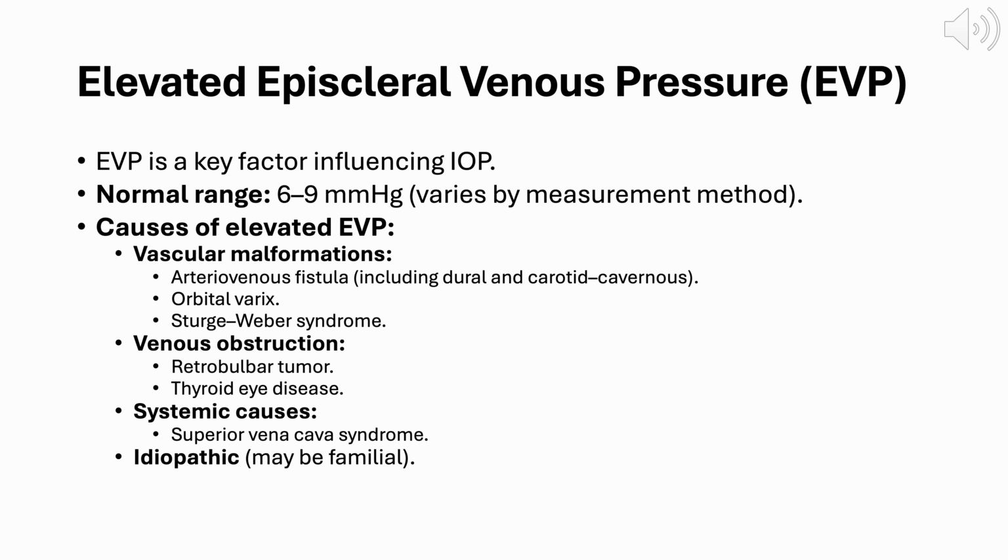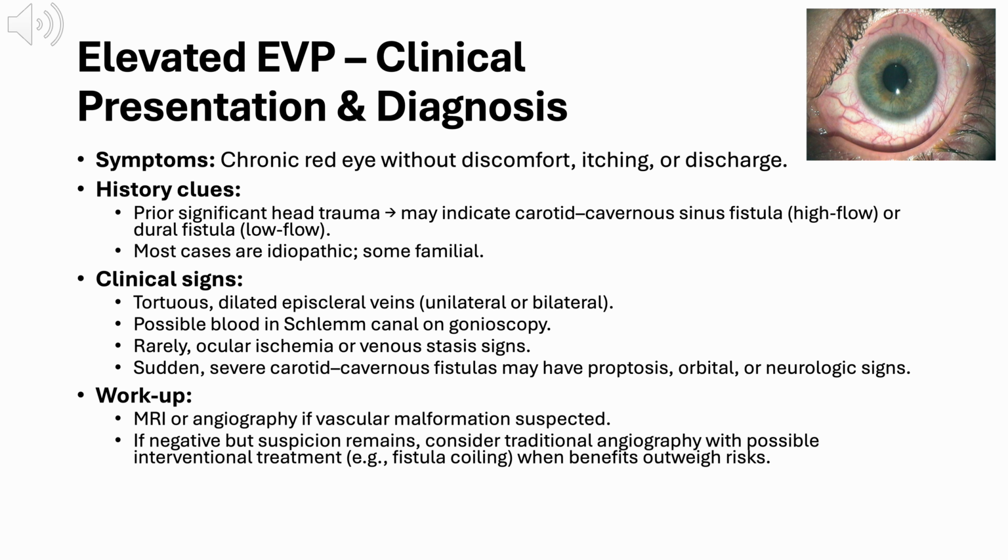In some cases, systemic causes like superior vena cava syndrome are responsible. And finally, some cases remain idiopathic, which can even be familial. Understanding these causes is key for both diagnosis and guiding management. Now that we've covered the main causes of elevated EVP, let's look at how it presents clinically and how we